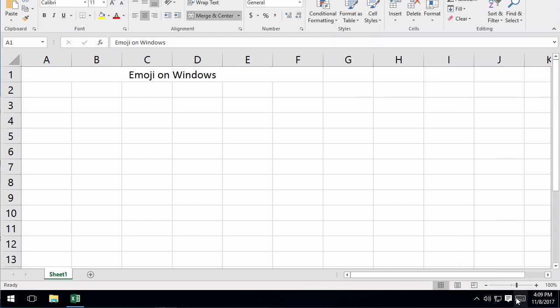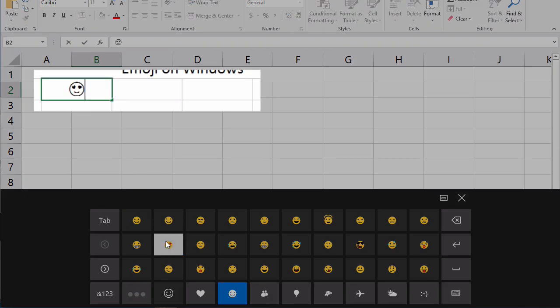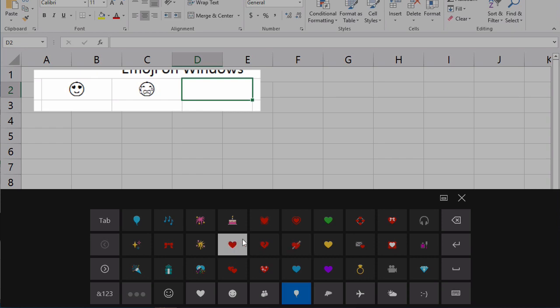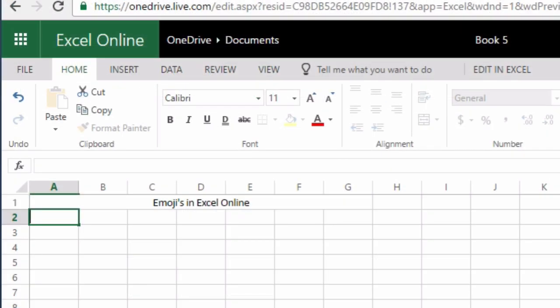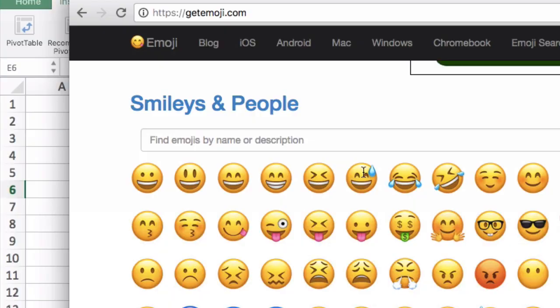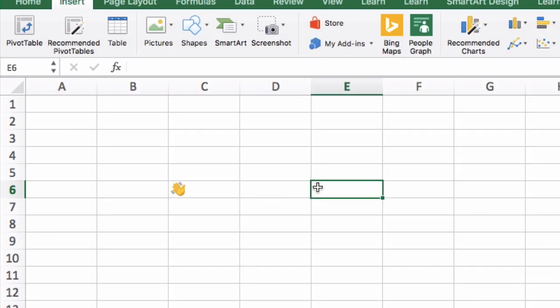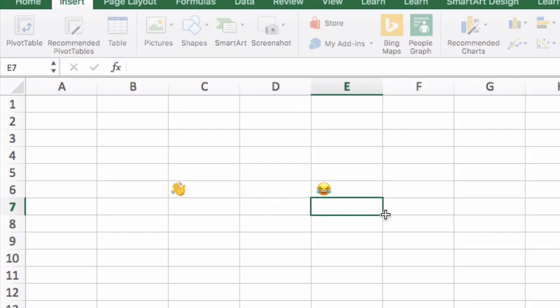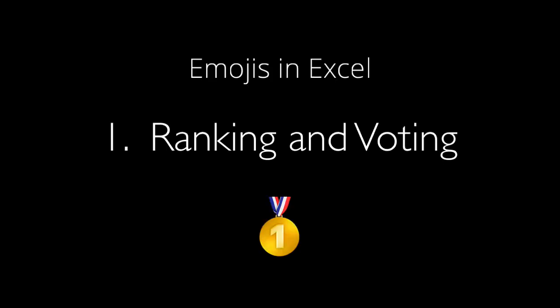When you click the emoji icon, you can access the full set of emojis on Windows. Now, they'll probably show up in black and white, and that's kind of a bummer, but you'll still see the icons if you're using Windows 8 or later. If you're using Office Online, they'll display in full color as long as you're using a modern web browser like Firefox or Chrome. Finally, you can also enter emojis by copying them from another place like a website and then pasting them into Excel. So with that in mind, let's look at 10 ways to use emojis in Excel, starting with number 1,